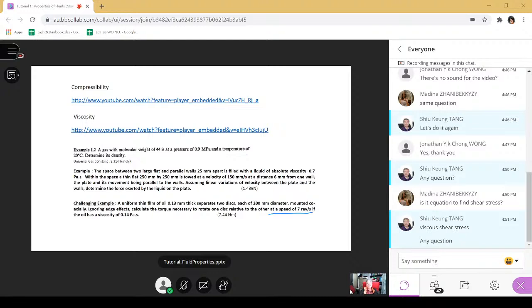Okay, and you are required to find out the torque necessary to rotate one disc, right? Now, actually, the reaction torque acting on the faster disc is equal to, but of course in the opposite direction, the torque acting on the slower disc. Of course, the directions of the torques are different. Okay. So this is a very challenging question because you understand